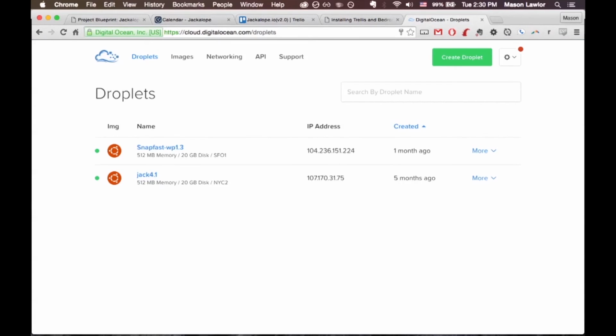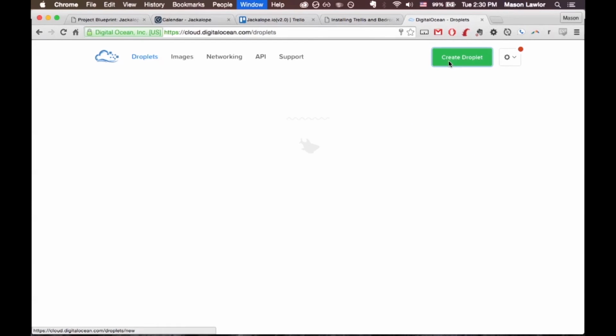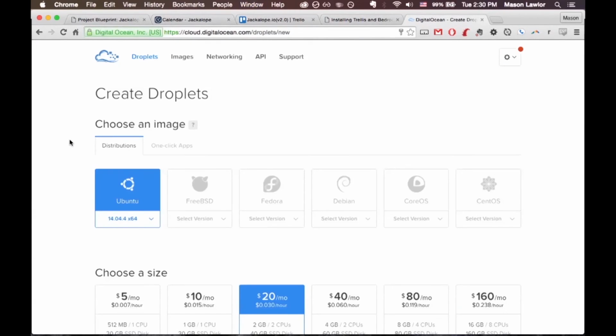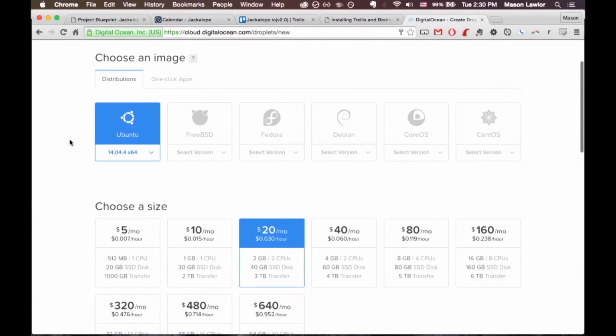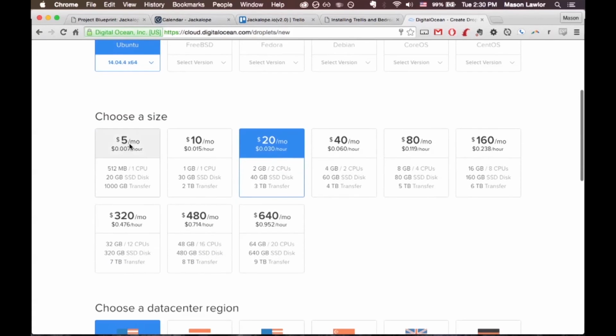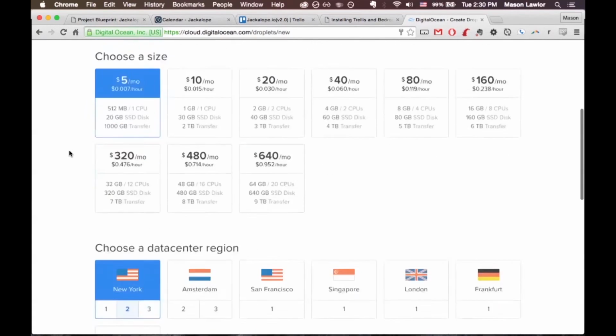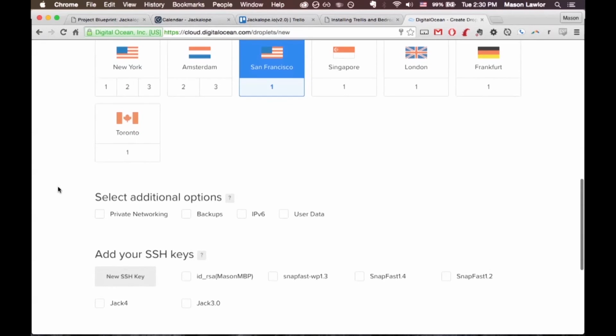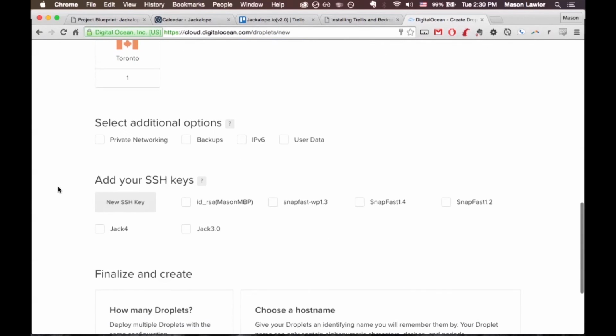Cool. So now we're just going to go to create a droplet, and we'll choose a base Ubuntu. We'll select $5 a month. We'll choose San Francisco, and